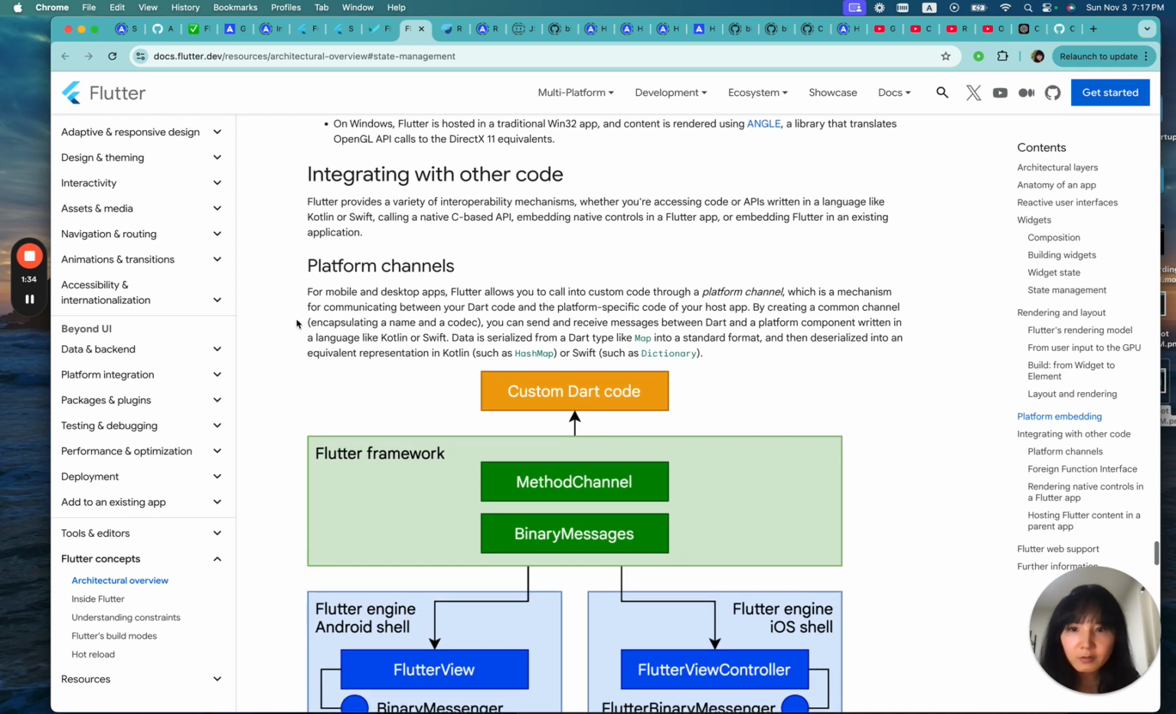Integrating with other code. Flutter provides a variety of mechanism APIs, whether you access code or API written in a language like Kotlin or Swift, calling a native C-based API, embedding native control in a Flutter app, or embedding Flutter in an existing application. Platform channel for mobile and desktop app. Flutter allows you to call into custom code through a platform channel,